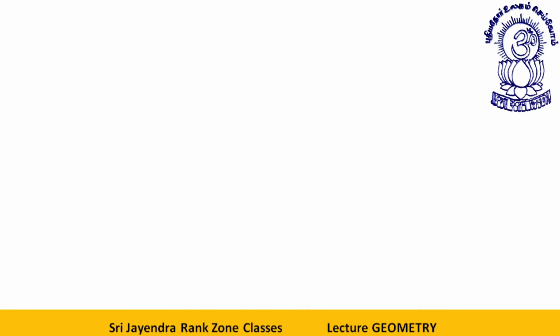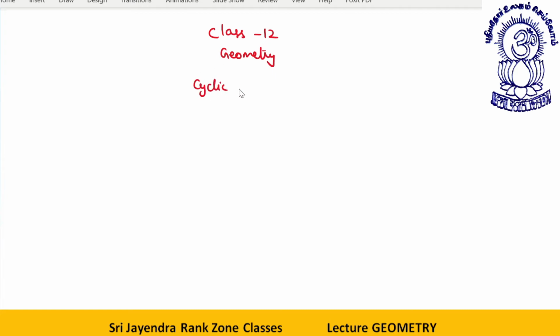Students, as you can see on the screen, we will be doing the geometry chapter in this class. So, dear students, let's start with class 12 of geometry. Today I will be discussing cyclic quadrilaterals, cyclic trapezium. In the previous class we discussed cyclic quadrilaterals and the right angle triangle diameter property of a circle. Now we will be discussing cyclic trapezium plus angles made by same arc. Mostly questions come from this. Angles made by same arc.